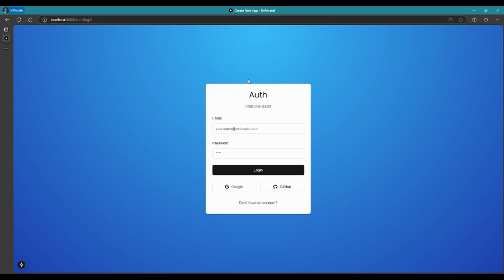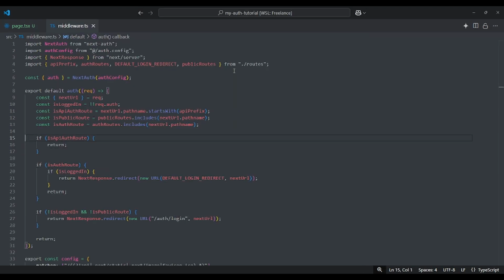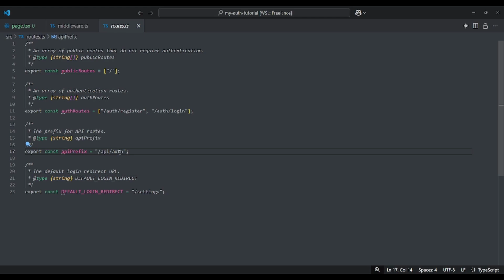Okay, so what happened is that we are redirected back to the login form when visiting the settings page. That happens because in our middleware, we have these conditions here. API route. If we go inside our API prefix, what is allowed only to be visited in public routes is the landing page of the authentication for localhost 3000.